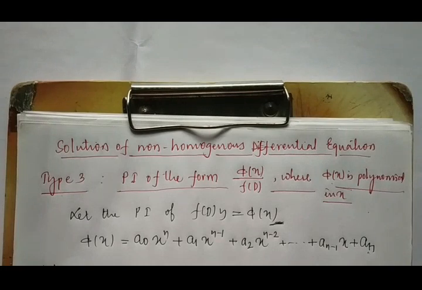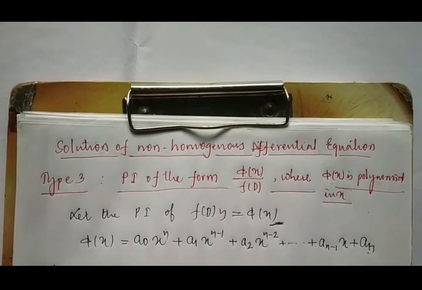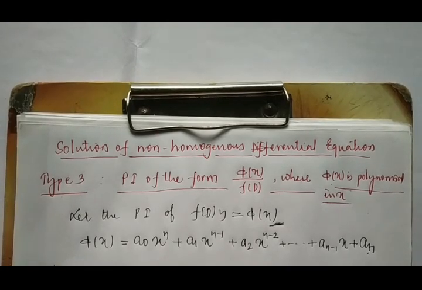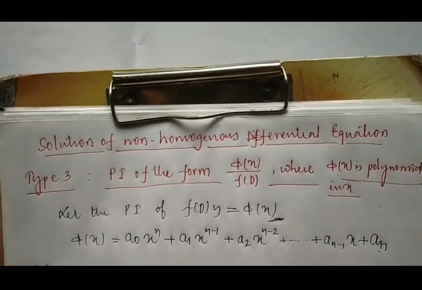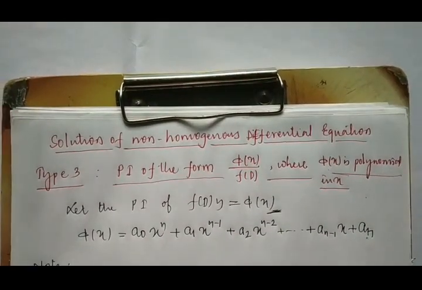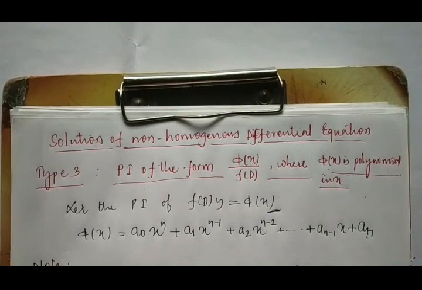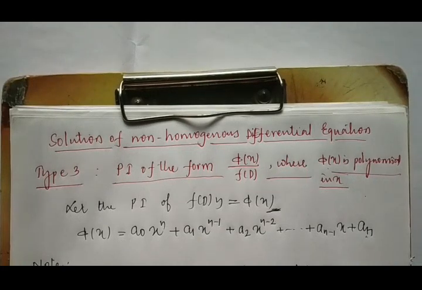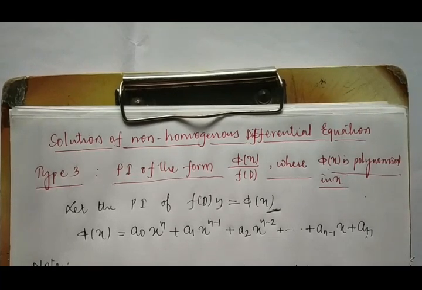Good morning, students. Now we are going to discuss a solution of non-homogeneous differential equation. It is again from Module number 2, Type 3. In Type 1, we discussed how to calculate a particular integral from a given function phi of x where it was an exponential function. In Type 2, we discussed how to get a particular integral from a function phi of x where it was a trigonometric function, either sin ax or cos ax pattern.